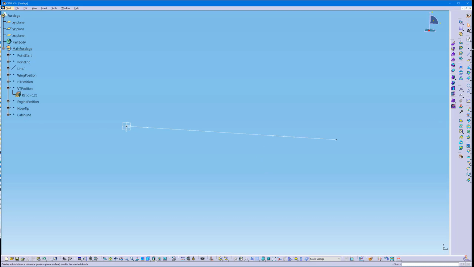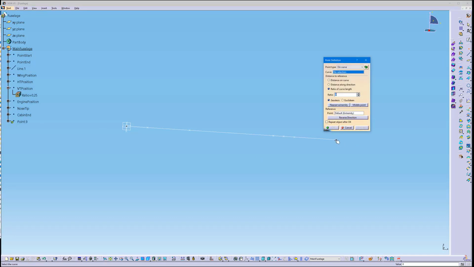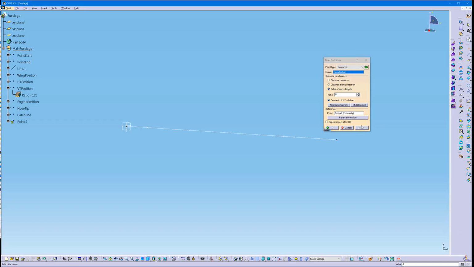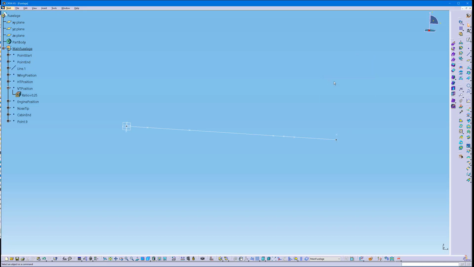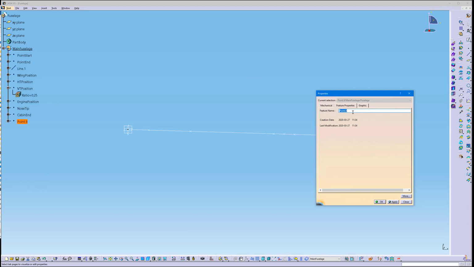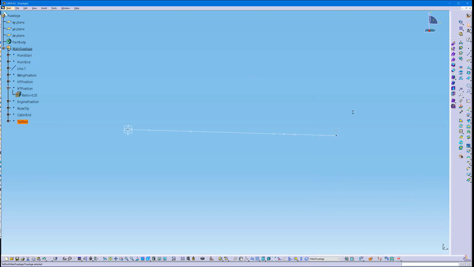Good. Then we can have 1 point for the end of the aircraft as well. Coordinates from this point, and let's say, for the sake of it, this one goes up 500. Something like that. So tail end. Okay, now I have my 10 first